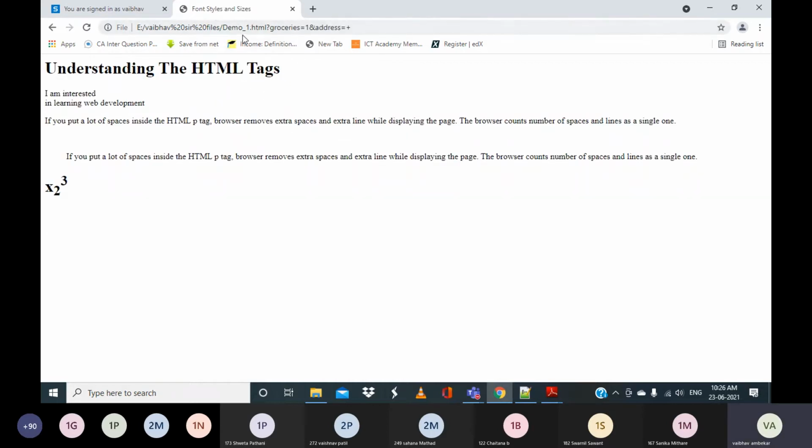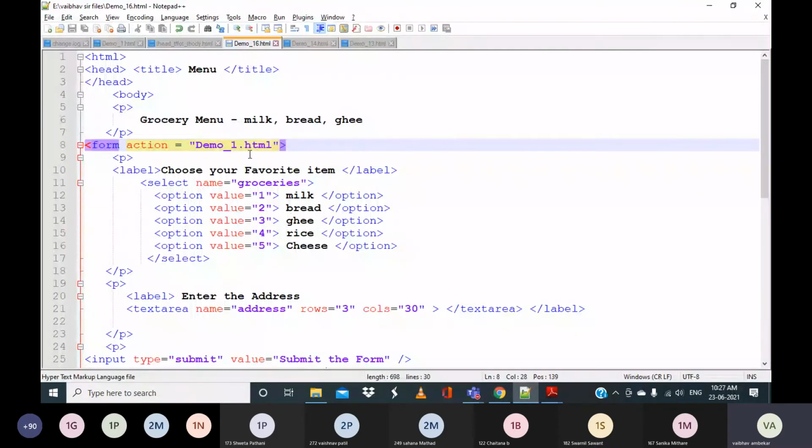Now we are moving to demo1.html, and whatever program we have written in demo1.html or any file.html will appear there. It can be an .html file, or it can go to some JavaScript, or it can go to some PHP server side. It will go and it may display the information. So this is how we use this action attribute.